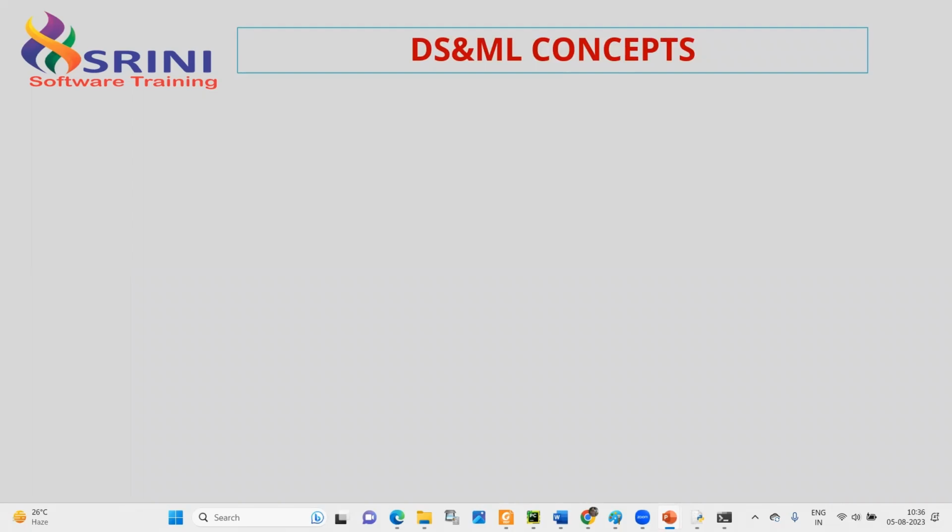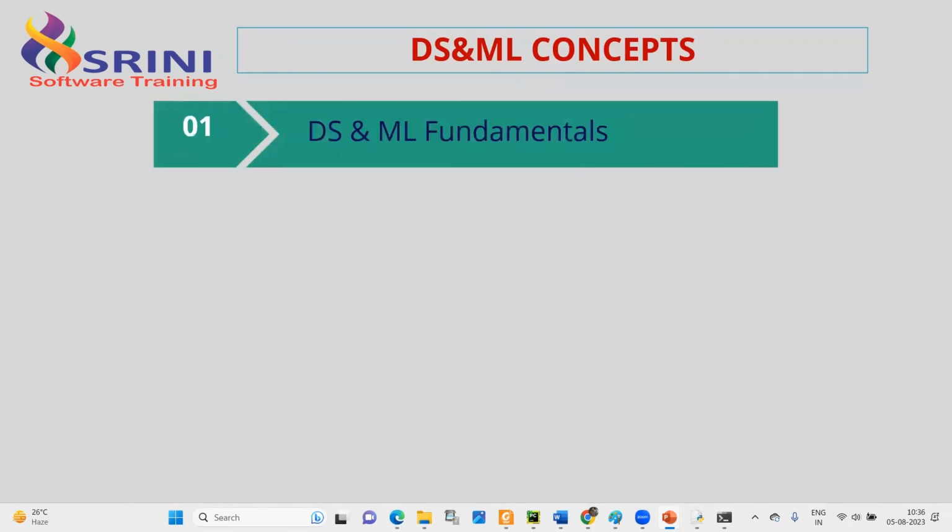As part of data science and machine learning, these are the topics I would like to talk about. Fundamentals of data science and machine learning. Because data science and machine learning is a subset of the artificial intelligence subject. Artificial intelligence is a branch where we can make an electronic device as intelligent as, and resembling, a human being with the help of data science and machine learning concepts. There will be a set of algorithms.